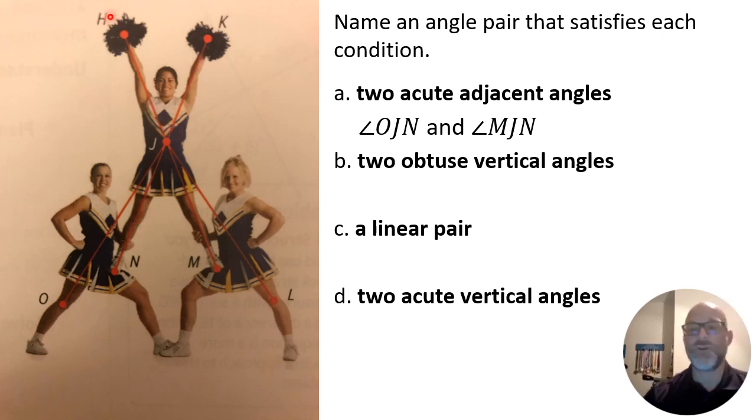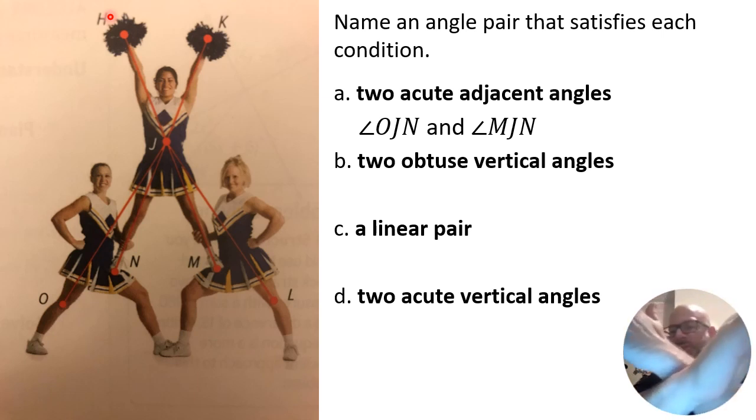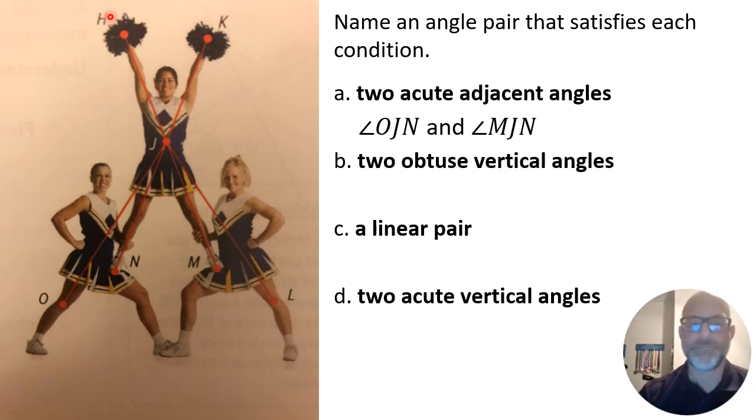But two obtuse vertical angles. Obtuse angles have an angle measure between 90 and 180 degrees, not inclusive of 90 or 180. And vertical angles, you remember, are formed by the intersection of two lines, and the opposite angles, the non-adjacent angles, are the vertical angles. Okay, why don't we try